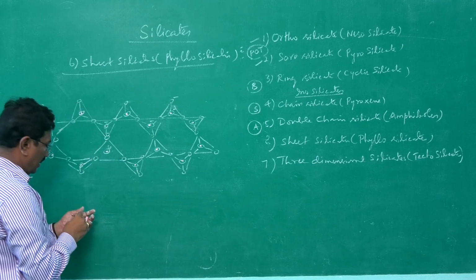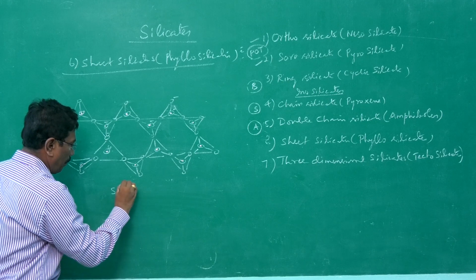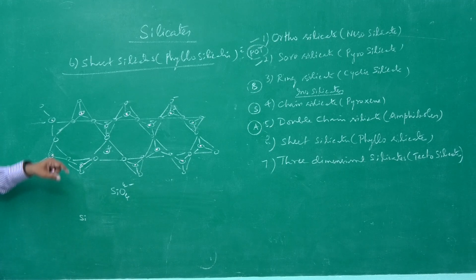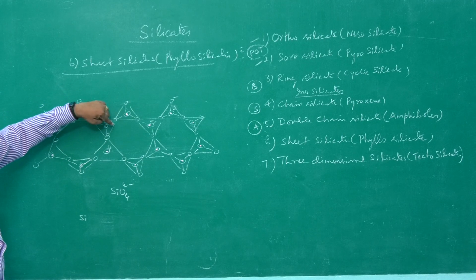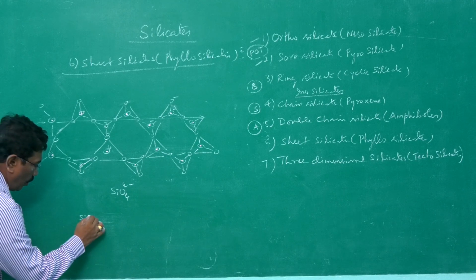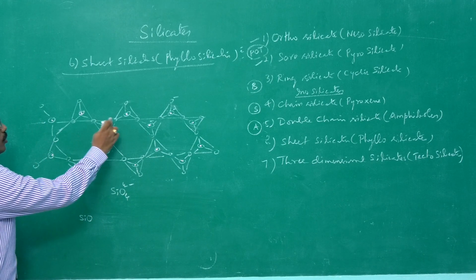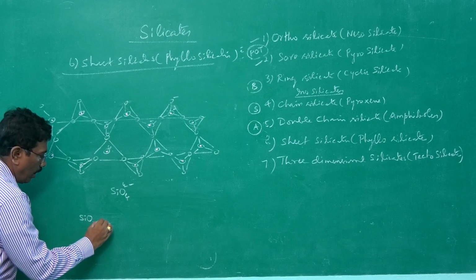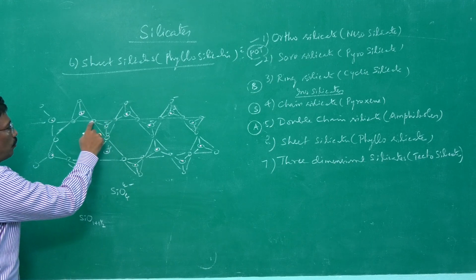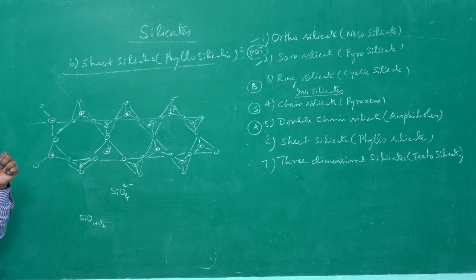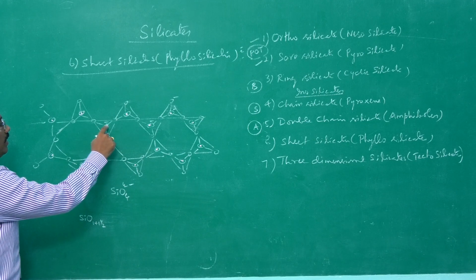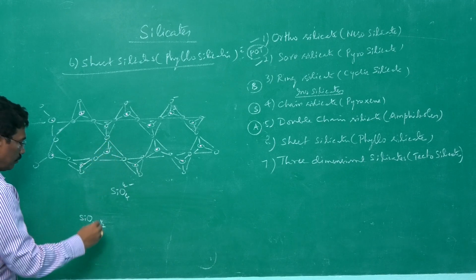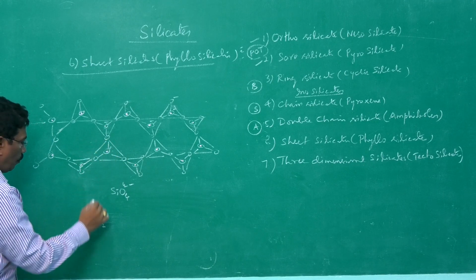When 3 oxygen atoms are shared, in what way you will be getting? Si, 3 oxygen atoms are shared, only one is remaining. So, only one is for this. Remaining 3 shared to a particular silicon, 1 plus 1 and half, 3 by 2, therefore 1 and half. What about the charge? Only one charge, because it is also shared now. Only one charge, one negative charge.